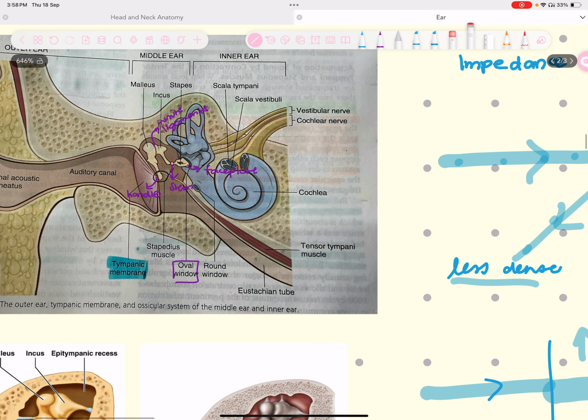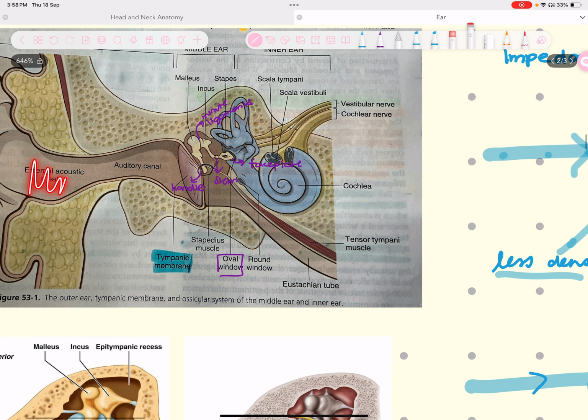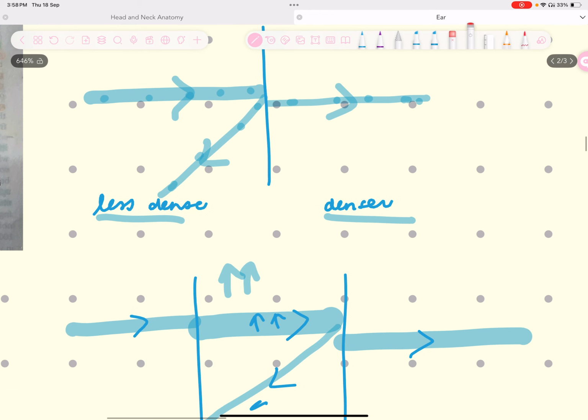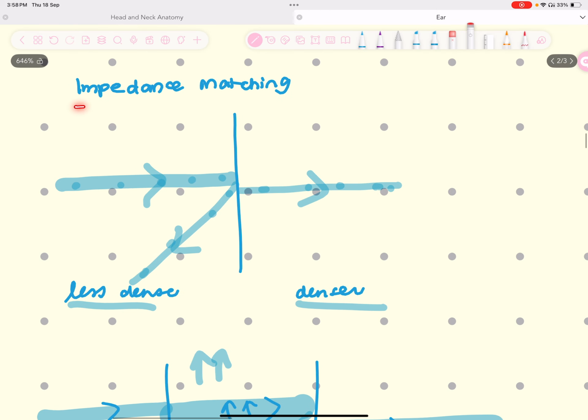Now, for example, if the sound comes and vibrates this tympanic membrane, it is going to vibrate at the same frequency as that of the sound. So if the sound wave came at a certain frequency, your tympanic membrane will vibrate at exactly the same frequency, right? Now, the next thing I told you about is impedance. Let's recap this impedance matching